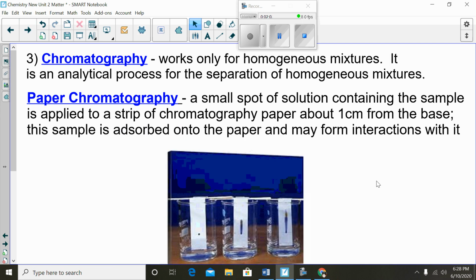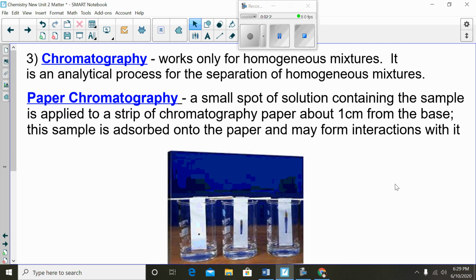Our third technique that we'll focus on is chromatography. This works only for homogeneous mixtures. It is an analytical process. You want to analyze your sample for the separation of homogeneous mixtures. We will focus on paper chromatography, which involves a small spot of solution, which you can see in this original container,